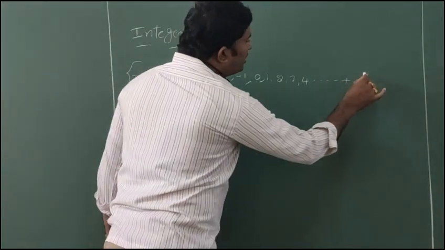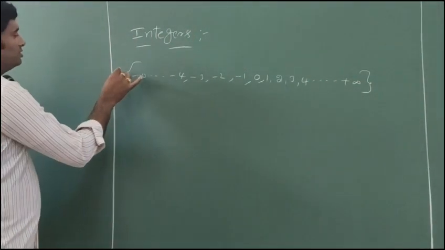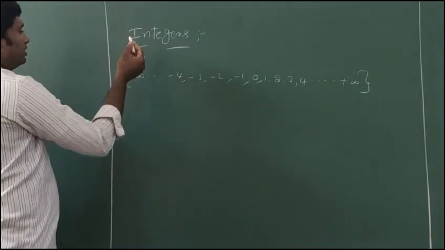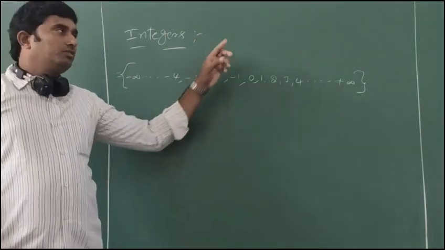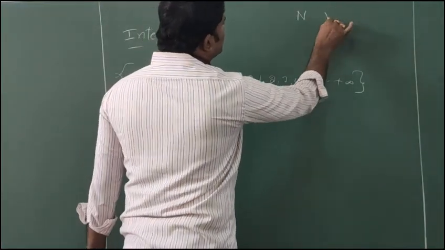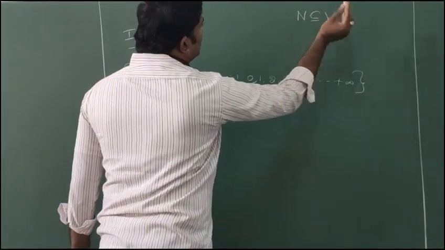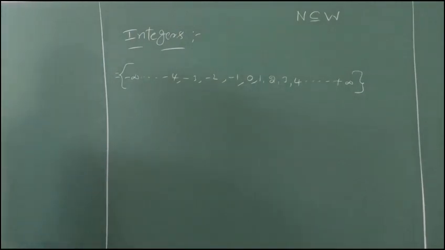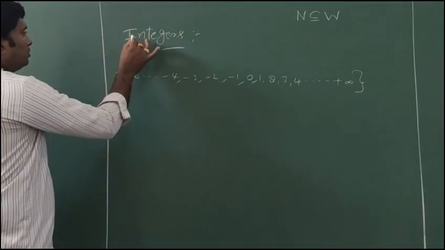A set is denoted by a flower bracket. General sets are denoted by single capital letters. The natural number set is denoted by capital N, and the whole number set is denoted by capital W. We discussed that N is a subset of the whole number set, because the whole number set contains at least one extra element, that is 0. And this is the integer set, which is denoted by